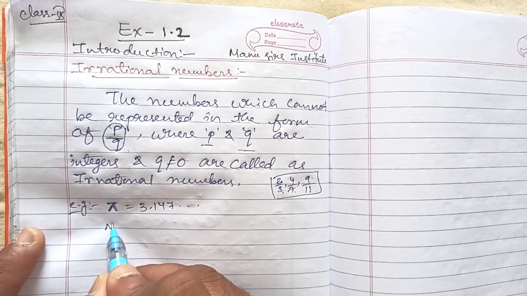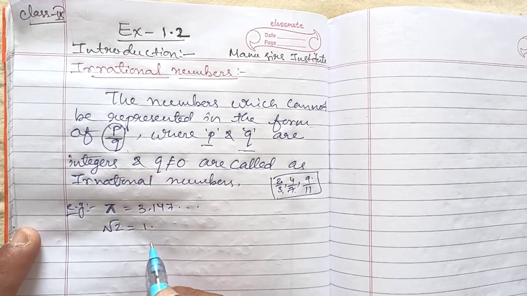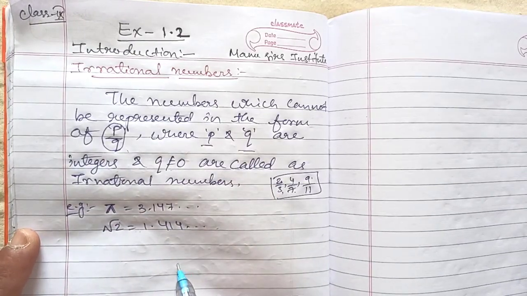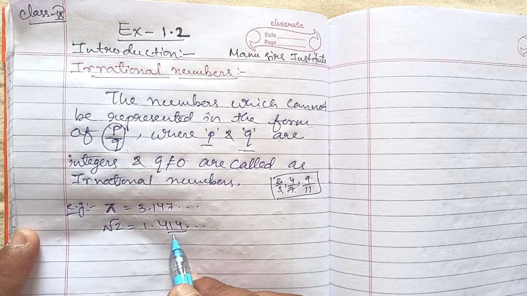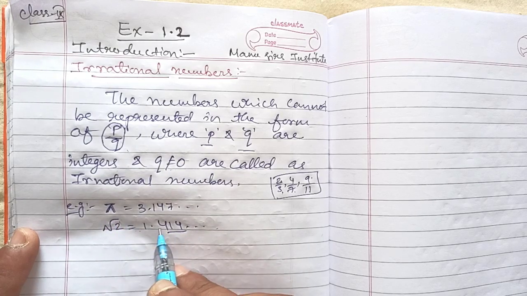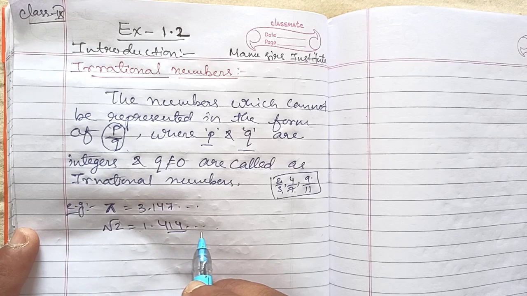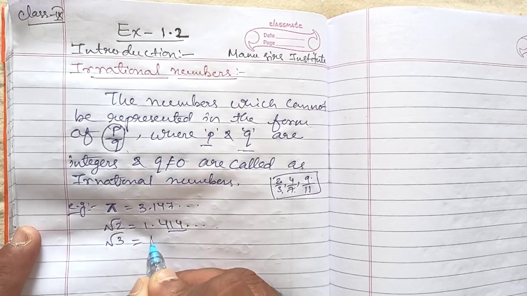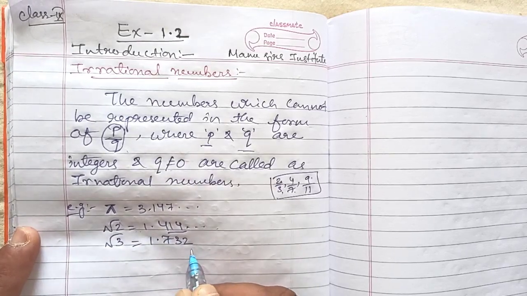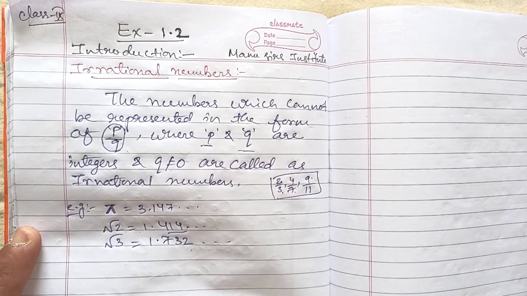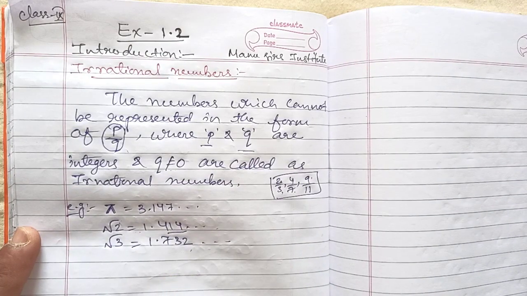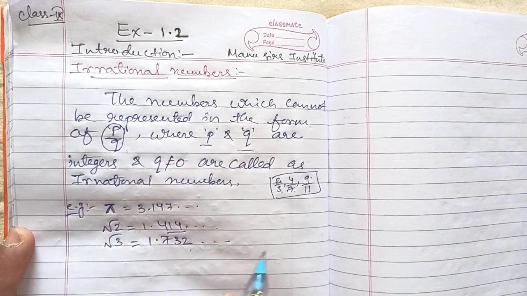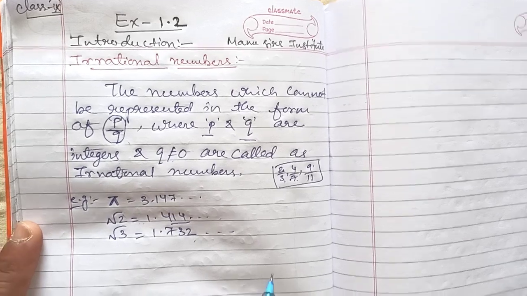One more example. If I write root 2, we know the value of root 2 is 1.414 dotted. That means this value also continues. We are only taking 3 values after the decimal, but when we find the actual value, we will see that 1.414 goes on further. Like one more example, root 3, which is 1.732. Only 3 values we are taking, but again it goes on continuing, because we won't get the remainder 0. Are you getting? These types of values are called irrational numbers, where we won't get 0 in the remainder after solving.